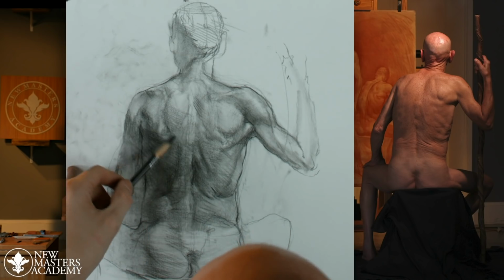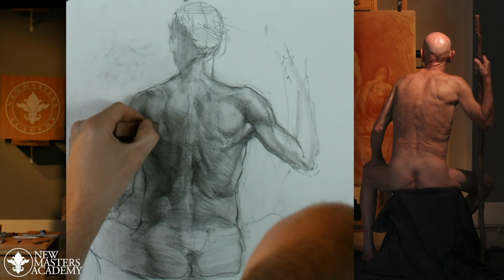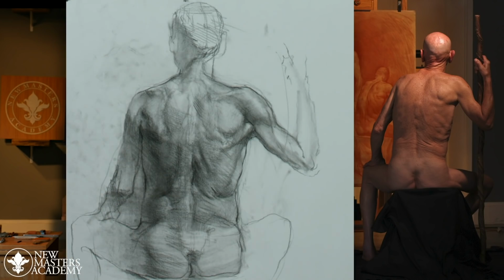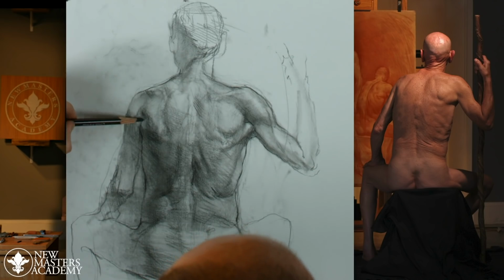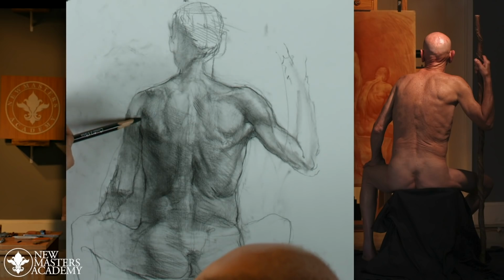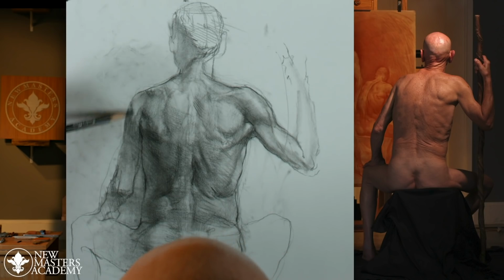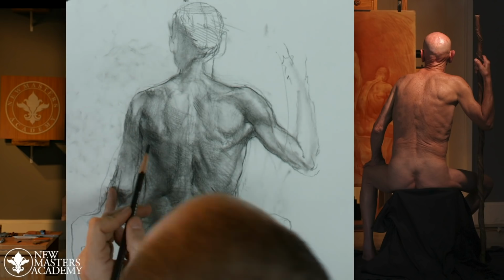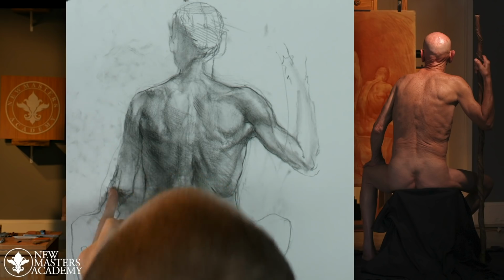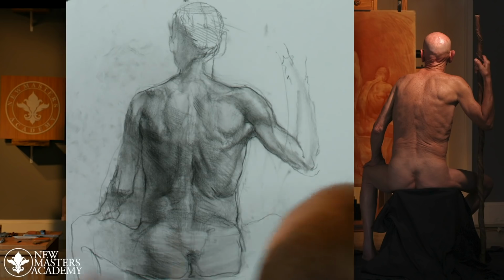So of course it's advantageous that our model Mark does not have a lot of body fat. It's really good for us to really see what's going on there. But that's kind of precisely what needed to happen here, right? So that we can see as much of this anatomy that we covered exclusively up to this point using casts from cadavers. We want to try to get as close to that as possible so that we can observe that in a human form. However, of course, people come in all different shapes and sizes,